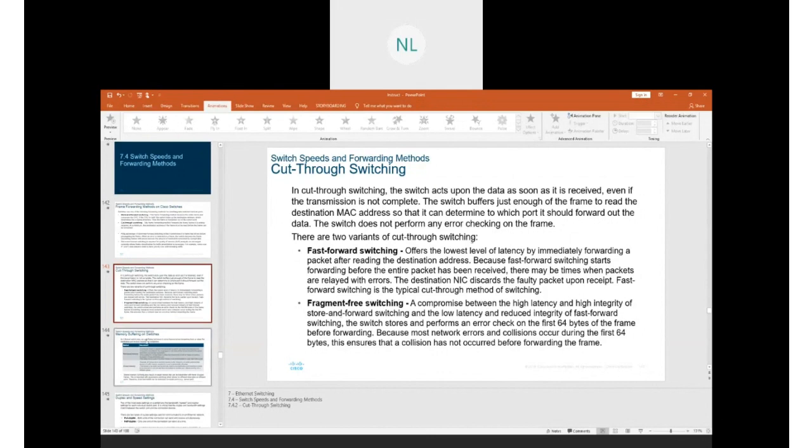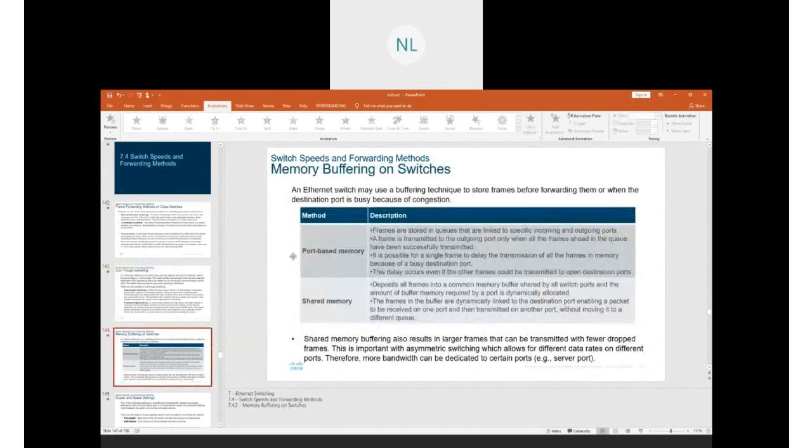So where does it save it on the switch? We have the port-based memory, whereby it saves it on the port. The problem of saving on the port is that it queues up everything. If the port is busy, it will have to keep queuing up the information as it's coming. So one piece of information going to destination B can slow down the information going to destination C. But it can also have